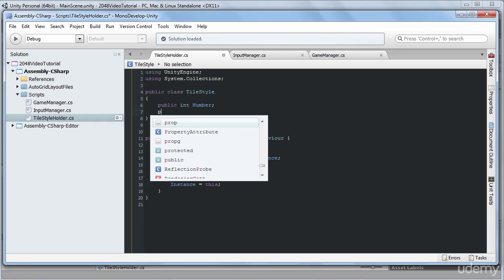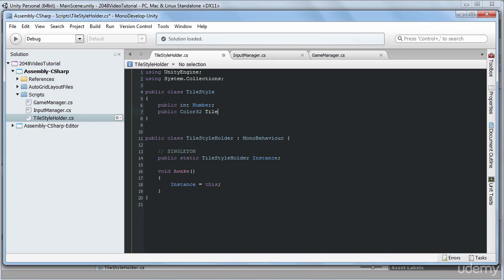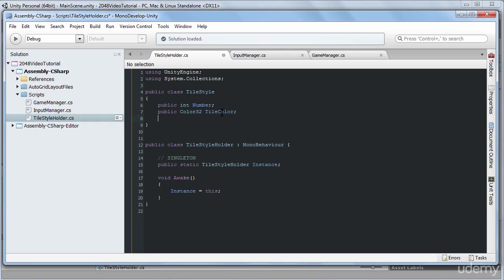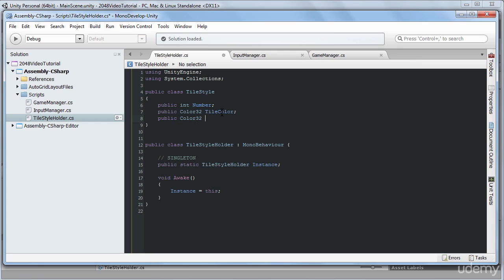Another one is going to be public Color32, and I'm going to call it tile color and put a semicolon in the end, and this one will just store the colors of our tiles, so we can have different colors like grayish for these 2s and orange for 16s and red for 64s and 32s, and they are all actually different. So this color will store different colors of our tiles. And another one is going to be public also Color32, and this one will store our text color,